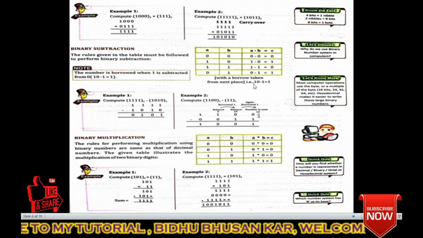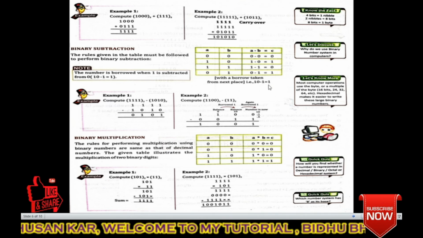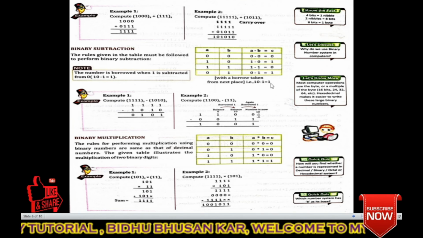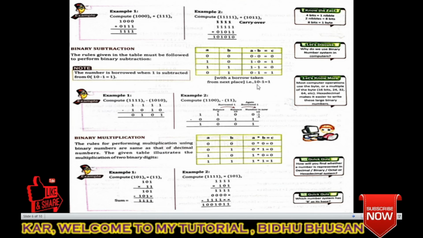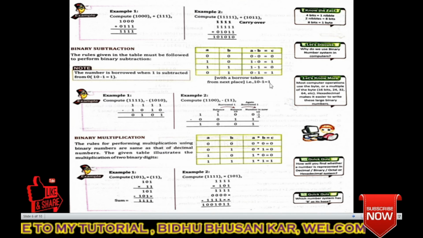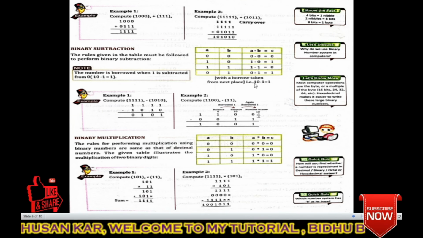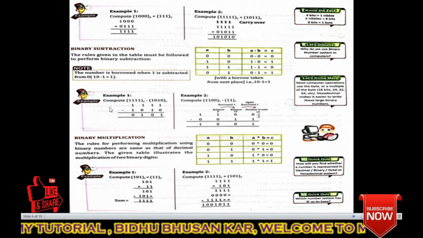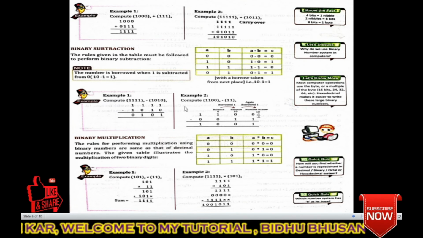Here it is written. See, 10 minus 1 equal to 1. Okay, because 1 plus 1 equal to what? 10. So 10 minus 1 equal to what? 1, in computer. Okay, don't be confused. 10 minus 1 equal to what? 1. How is it 1? We know 1 plus 1 equal to 10. So 10 minus 1 equal to 1. Understood or not? Okay, these are the examples.